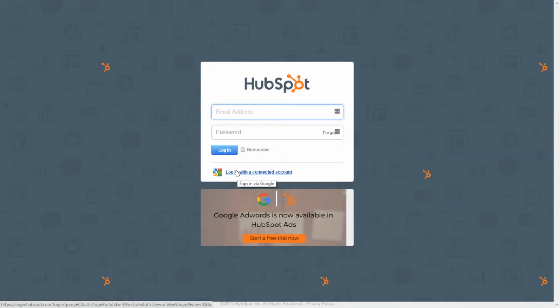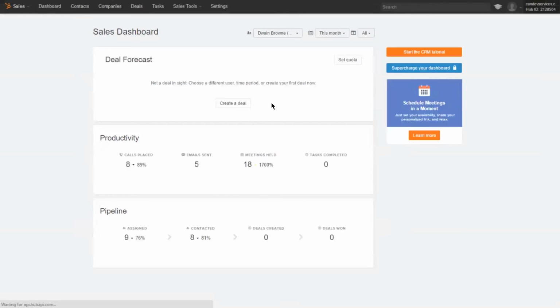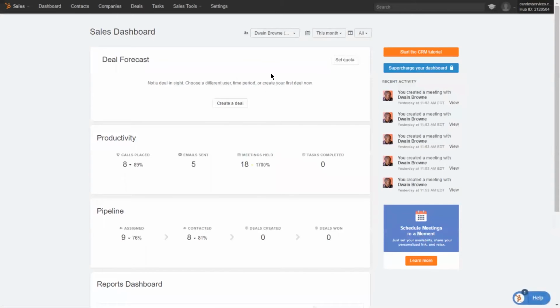This is not your personal Gmail account, but our business account, whatever email address we provide for you, whether it's John@CanDev Services or Mary@CanDev Services. This will prompt you to a page where you can sign in with your Gmail account. In this case, I'm already logged in, so it took me directly to the dashboard itself.